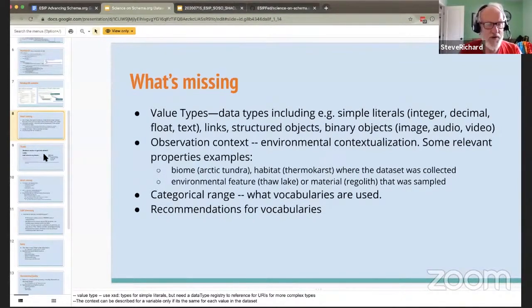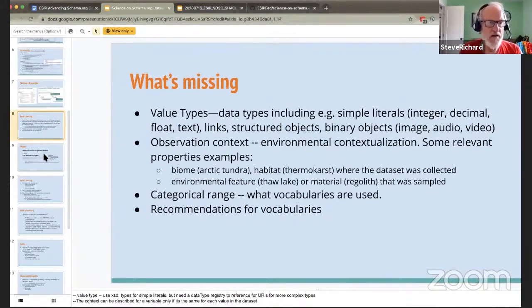Another property that would be useful, if a value type is from a controlled vocabulary, would be some way to specify what vocabulary is used to populate the values in that field. Again, this would be very useful for evaluating fitness for use and whether the data are going to be useful. If you don't know the vocabulary, there's a bunch of work you'll have to do.